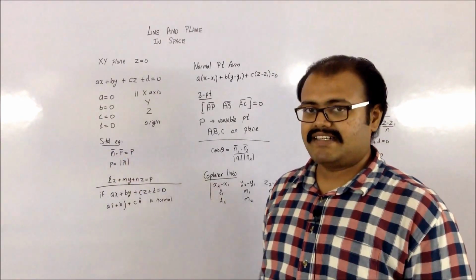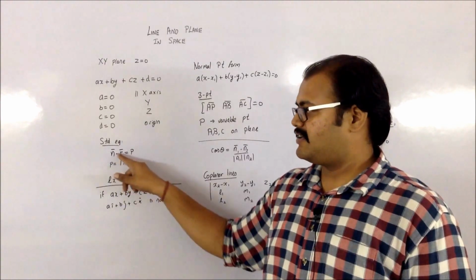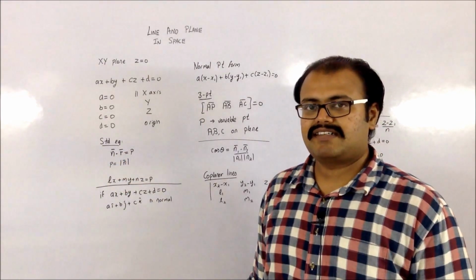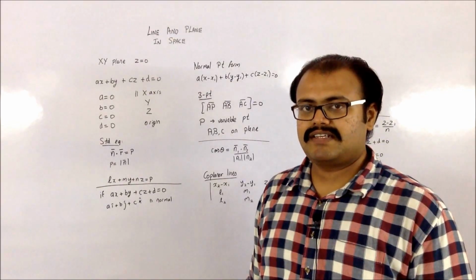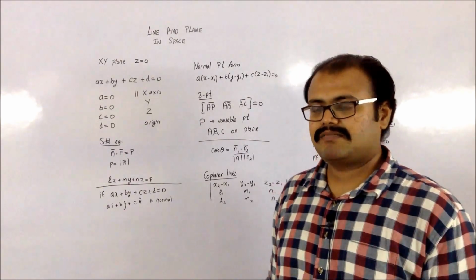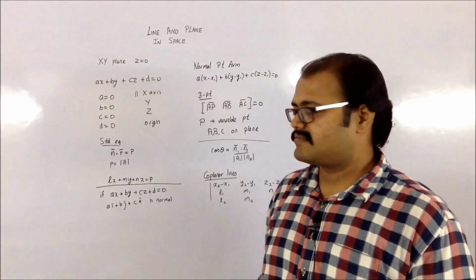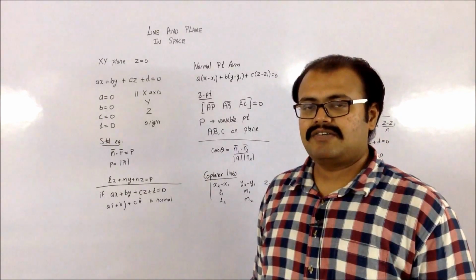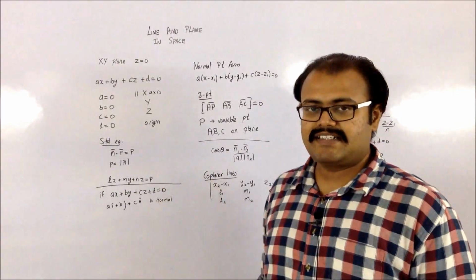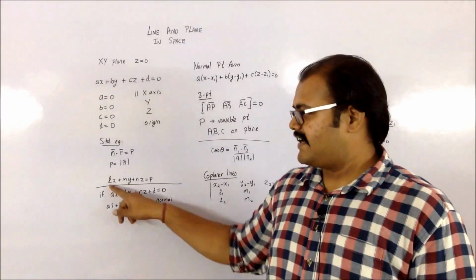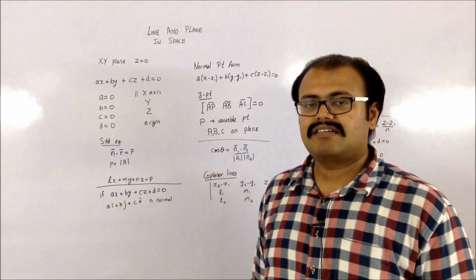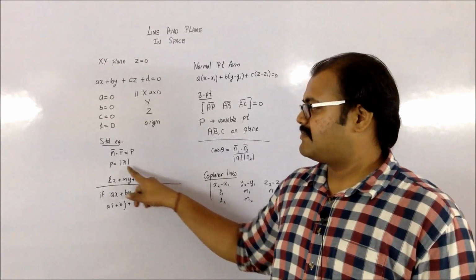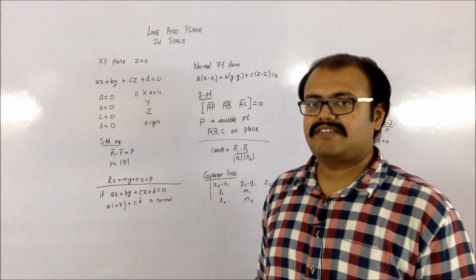So this is my standard equation for a plane, that is n dot r bar is equal to p. Here n bar is a vector which is normal to the plane, basically meaning it's perpendicular to the plane, and r bar is a variable vector. Over here my p value is the magnitude of the normal vector. This becomes my standard representation of a plane, wherein l, m, n are the directional cosines of the normal vector, and p is the same value, which is the magnitude of n bar.